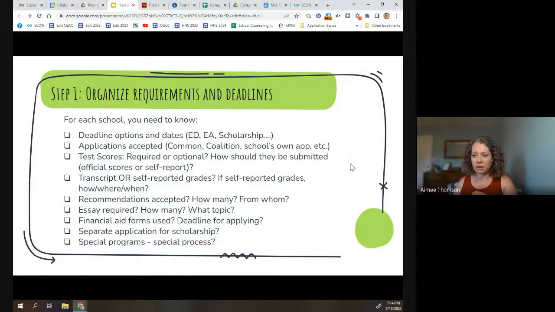I just highlighted a bunch of things, but some other things you might want to look for at this time: scholarship policies, scholarship deadlines, whether or not there's a separate application. You can go ahead and jot down what financial aid forms they require. So is it just the FAFSA, or do they also require the CSS Profile to be considered? Take a look at that stuff. You have the time now. And parents, this is something that you can help support your students with in this part of the process as well.